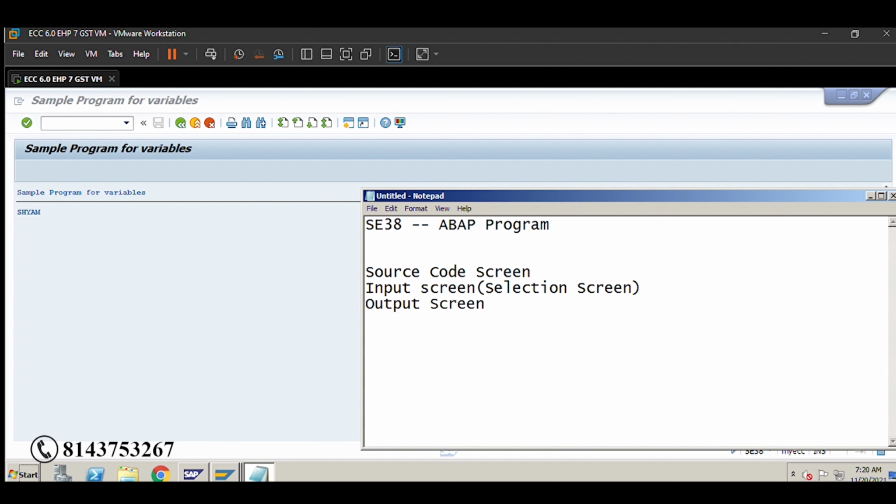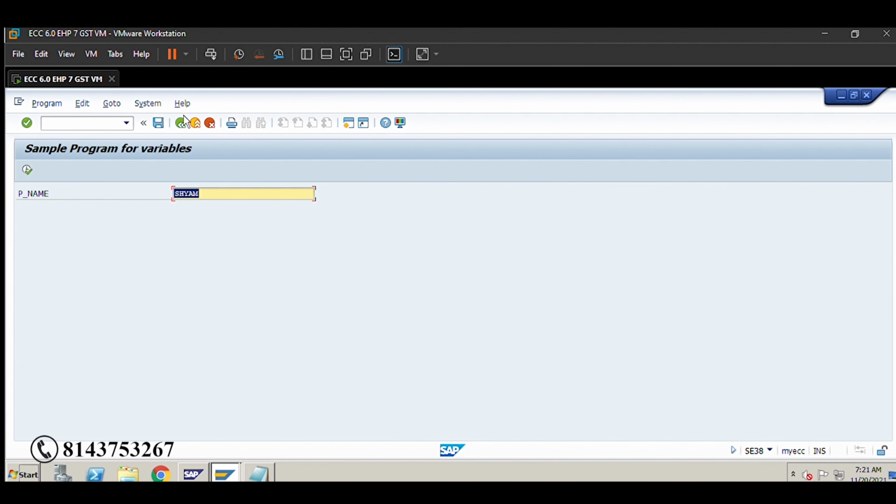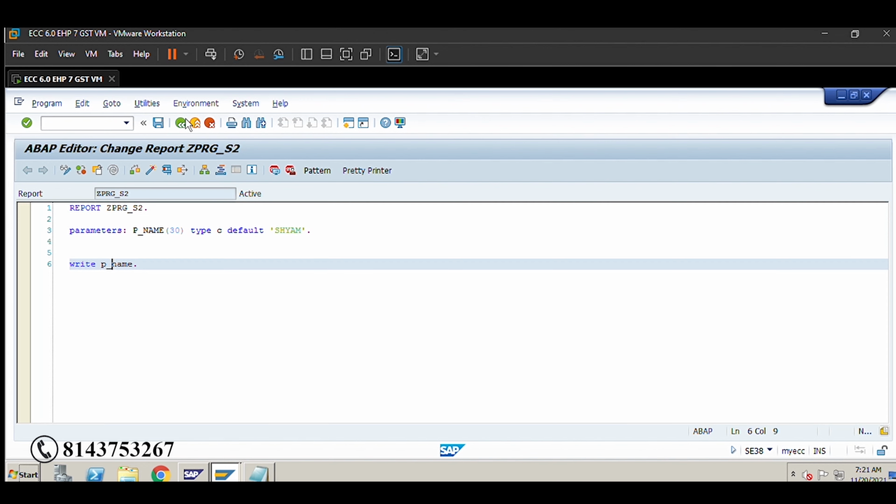So basically, where we write a code is called source code screen, and where we provide input is called input screen or selection screen, and the output displayed based on the source code and input provided is called as an output screen.